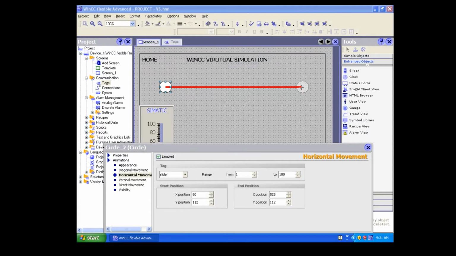For the sensor, I'm going to take help from the rectangle. Let's place one rectangle over here, and this is the input sensor, and I'll take a copy of this. First we'll give the animation and then make a copy. So this is the appearance. Correct, let's check this out.